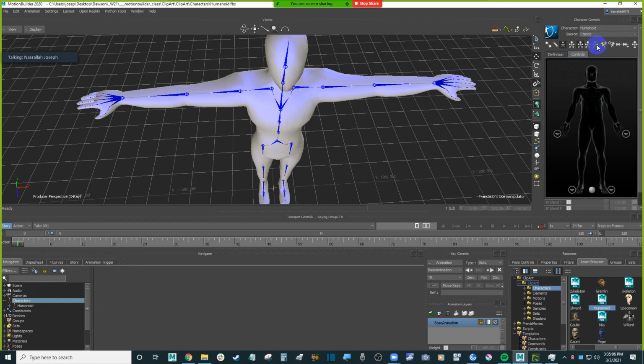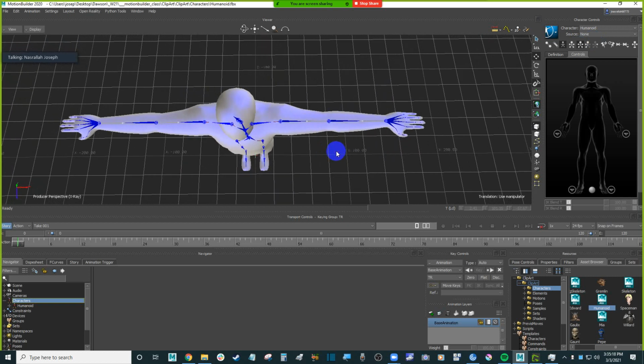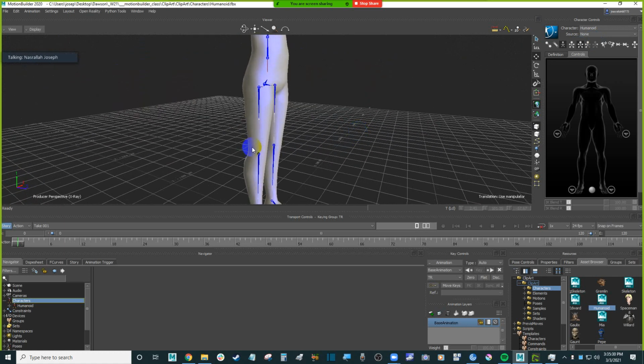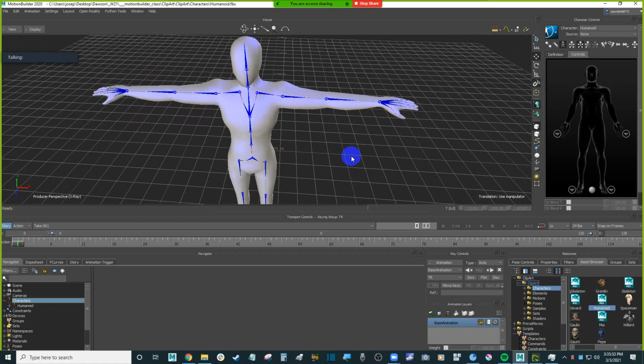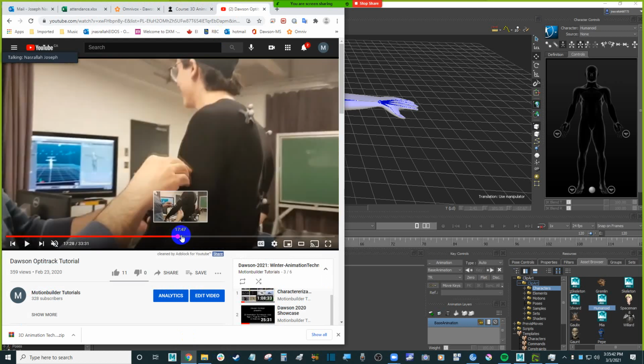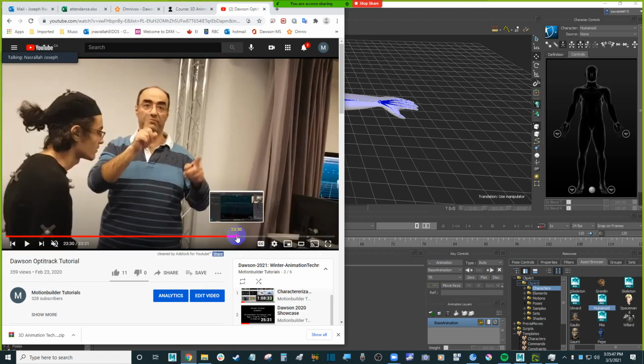We switch to stance to get the T-pose, just in case the joints were a little bit off. And then we switch to none, okay? And what we're gonna do now is relax some of the joints, mostly the elbows and the knees. The reason is we need to mimic in general what the actors were doing on stage. Okay, so if you scrub through this video, I'm not really sure where it is, before recording